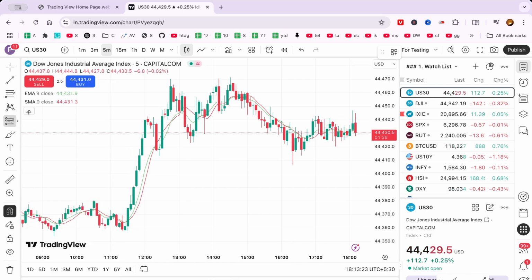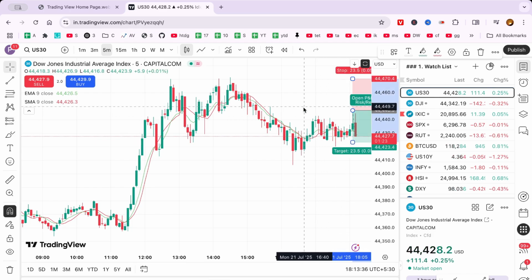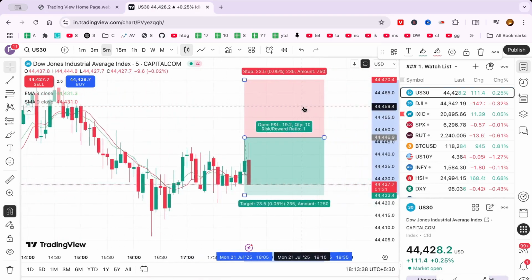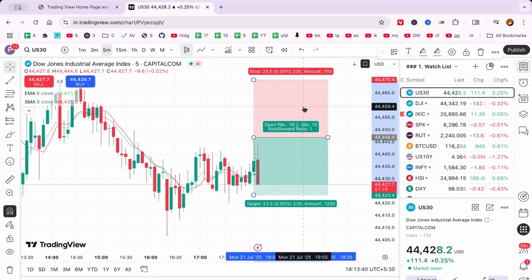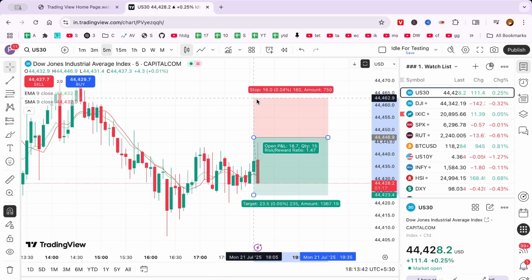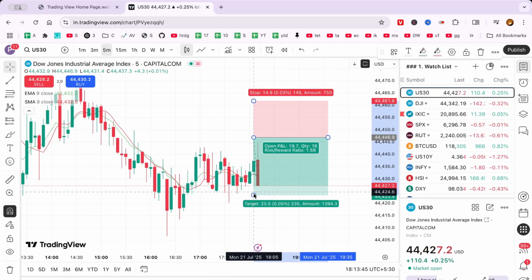To set up your trade, click once on the chart to determine your entry level, the price point at which you plan to enter the trade. Drag the top handle to define your take profit level, specifying the price at which you'll sell the asset to realize profits. Similarly, adjust the bottom handle to set your stop loss, a critical step to minimize losses if the